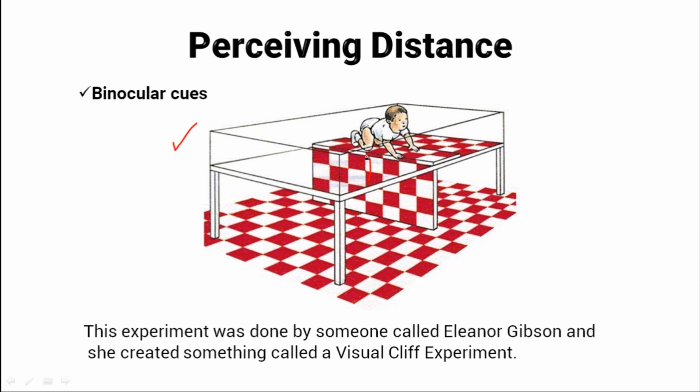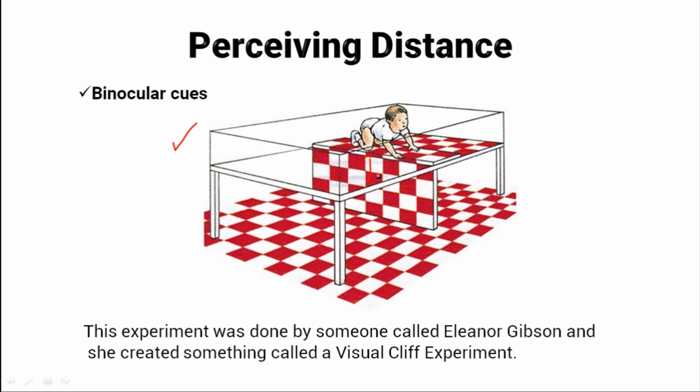Now it was seen that when the child came near the edge, and this edge seems like it is going to fall, the child stopped moving, which basically means that he can perceive depth. He can see and feel that he will fall. Now the child is not moving further. So this is an illusion that has been created. This part is an illusion which seems like depth, but it is not. And so the child does not move out, does not come back, and does not fall. So this experiment is known as the visual cliff experiment, which was conducted by Eleanor Gibson.